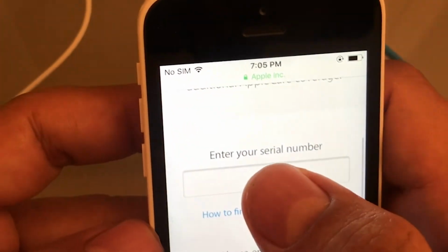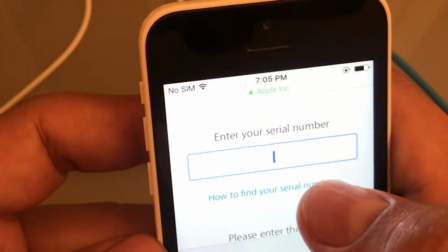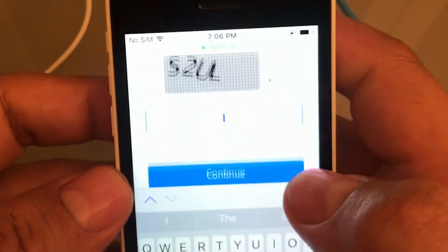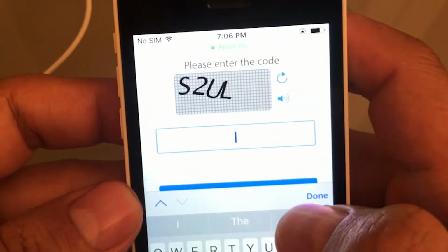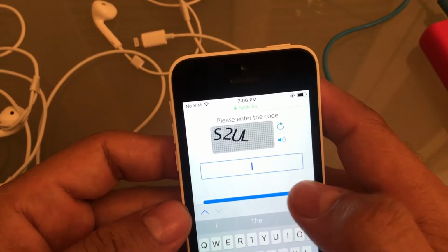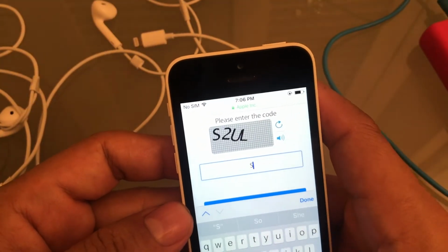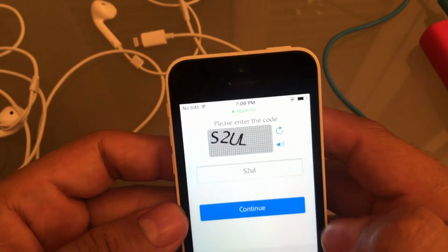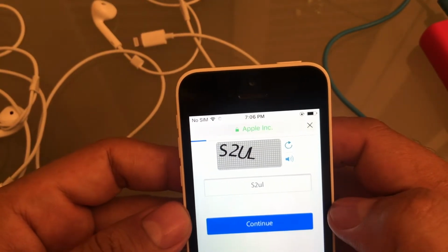we can paste it here, select it and paste it, and we need to input this to confirm that we are humans. So most of this stuff is not case sensitive, so we can just put S2UL. Click done, continue,